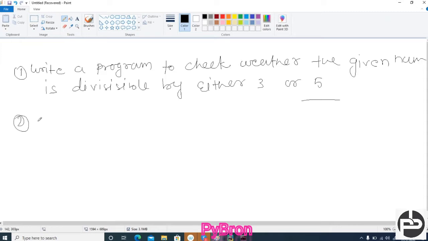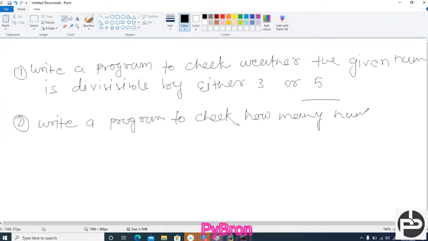Second task, write a program to check how many numbers are divisible by 3 and 5.